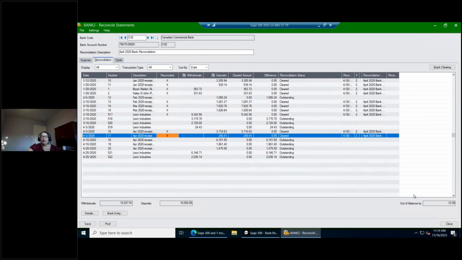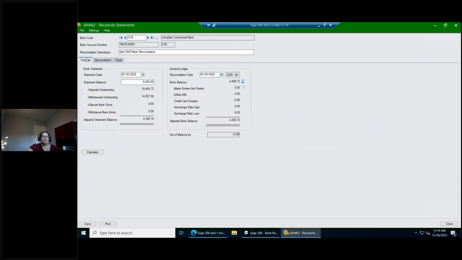And you'll notice down in the right-hand corner, I'm still out of balance by $12.98. I can also see this on my summary page that I'm out of balance by $12.98. You cannot post your bank reconciliation. You can never post it without the balance being 0. If you're not sure where this $12.98 is coming from, this is a good time to show you that you